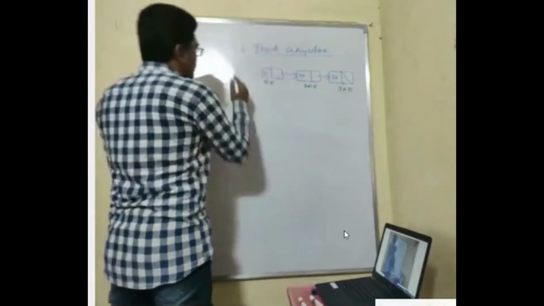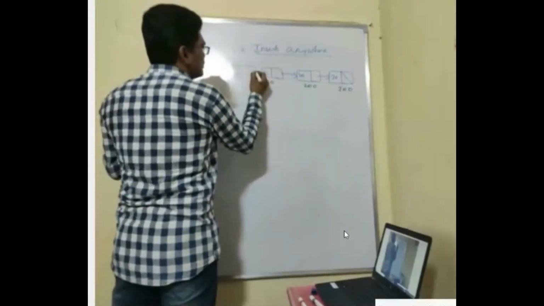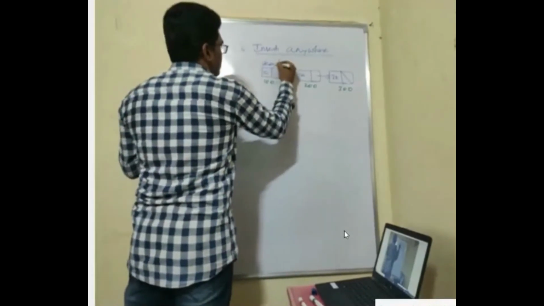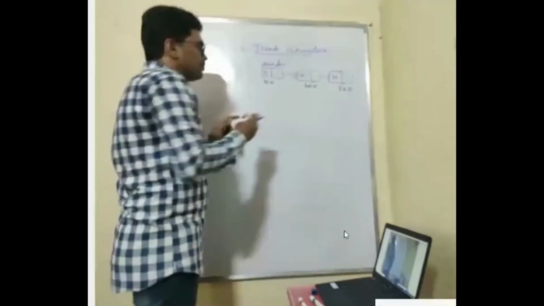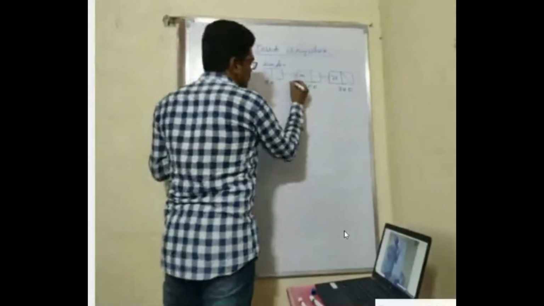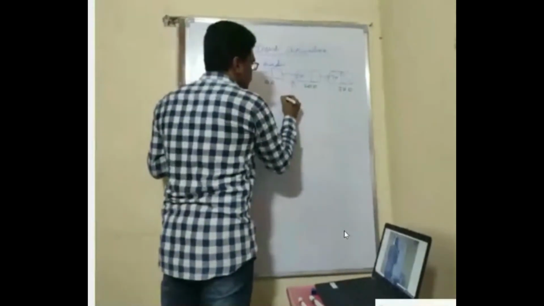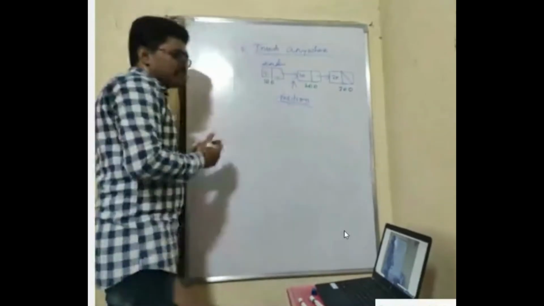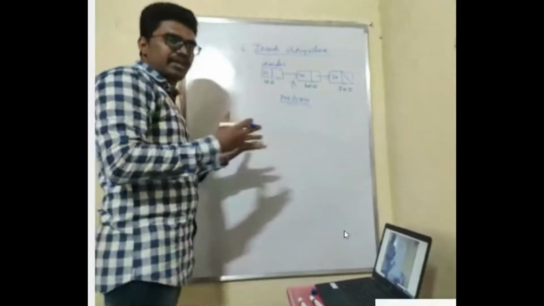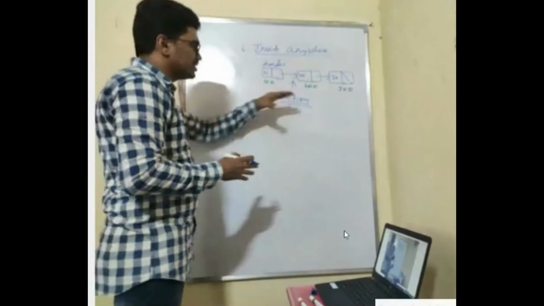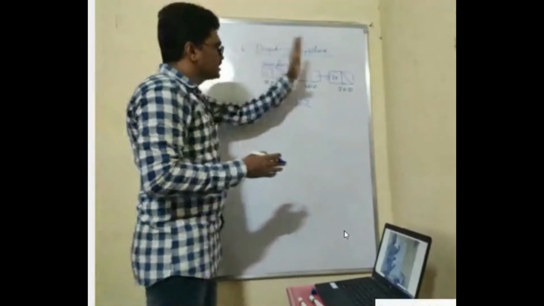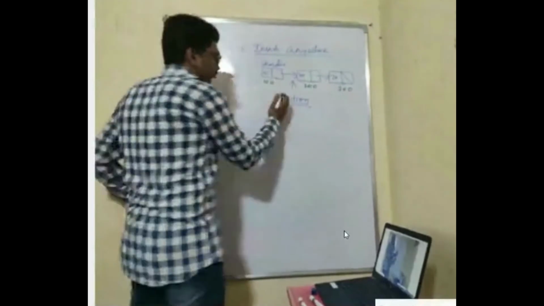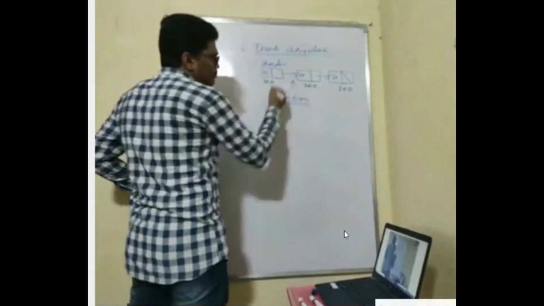Otherwise, I'll take one more. This is my header. So now I want to insert a node, suppose at second position. Here we do insertion based on position. We read the position, then we are going to insert. I want to insert at second position, third position, like that. Is that right? So now we read the position. Based on position, you have to insert.